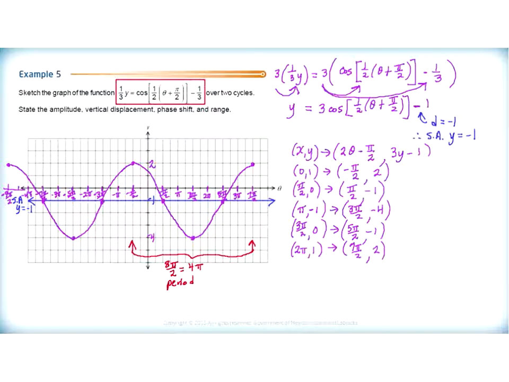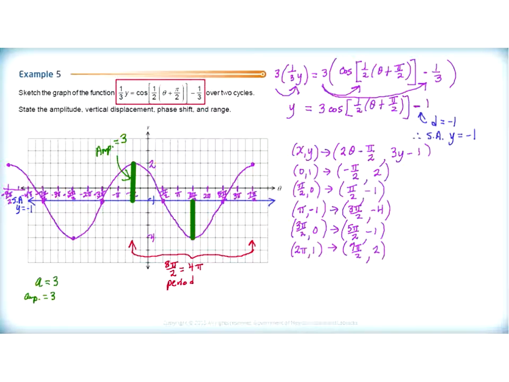And now we can state the amplitude of the function. We can look at the amplitude as being the distance between the sinusoidal axis, I'll just highlight that in another color, and a minimum or a maximum point on your graph, and that will give you the amplitude of the function. So we can say here that the amplitude is equal to 3. And the amplitude is also determined by the value of A. The value of A is equal to 3, so that tells us that the amplitude of the function